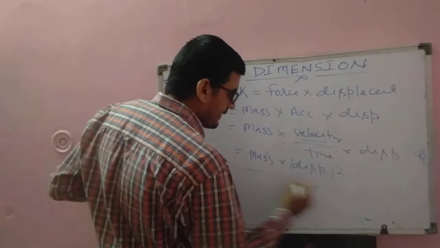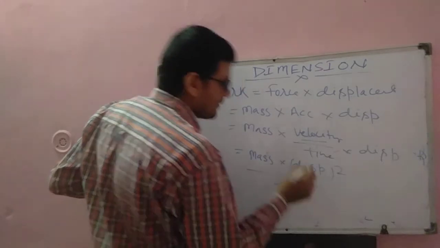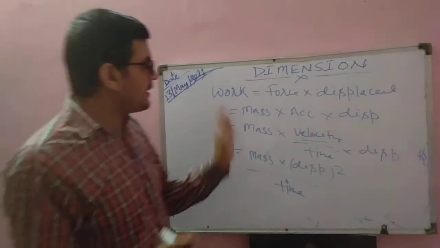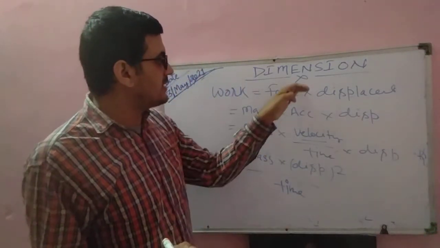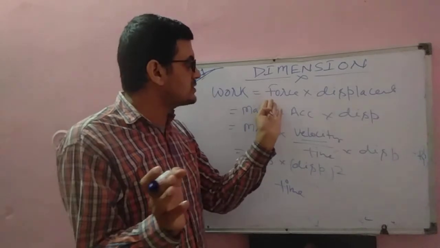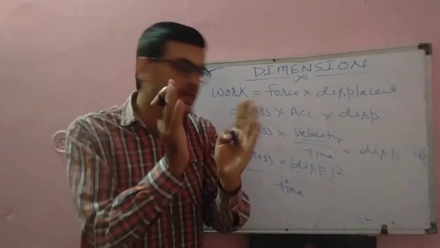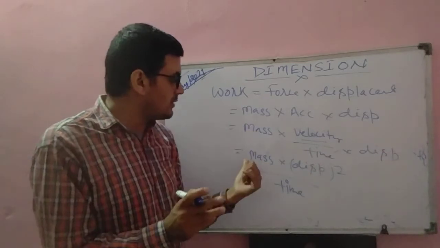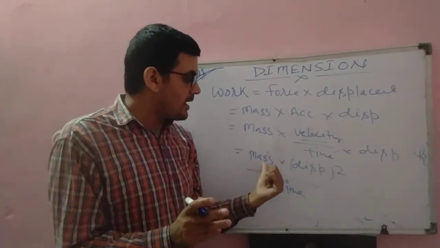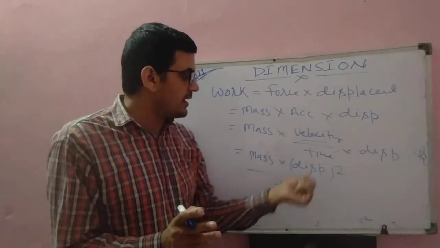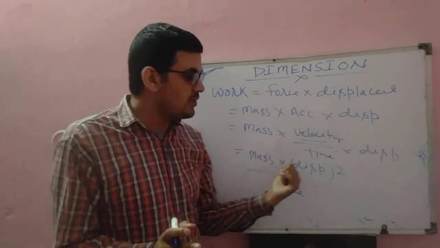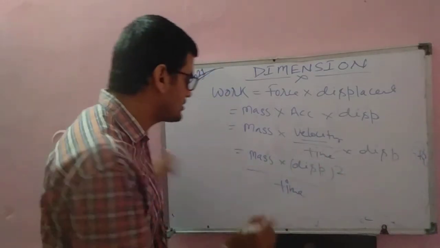One time is already here. Time square. Beta, simply जो फॉर्मूला हमारा फोर्स का आया था उसमें हमें डिस्प्लेसमेंट से और मल्टीप्लाई कर देना है। डिस्प्लेसमेंट मींस लेंथ। तो फॉर्मूला जो हमारा फोर्स का था वो था मास इनटू लेंथ अपॉन टाइम स्क्वायर। तो इसका फॉर्मूला क्या हो जाएगा, मास इनटू लेंथ का स्क्वायर अपॉन टाइम स्क्वायर।